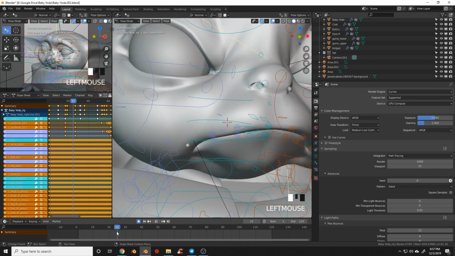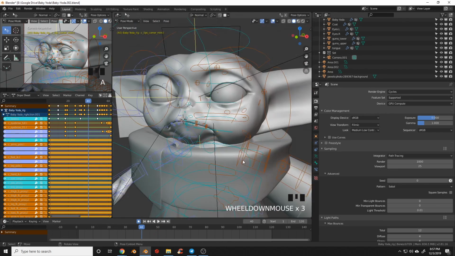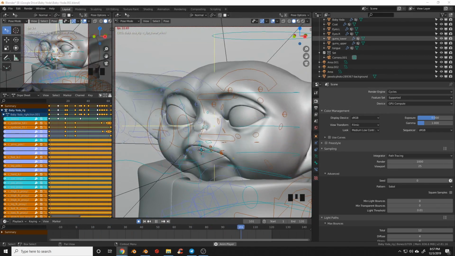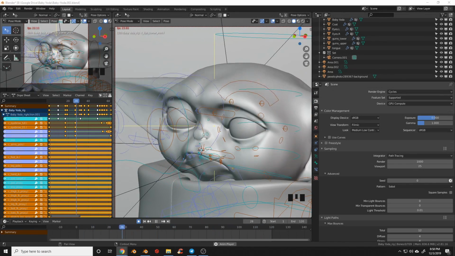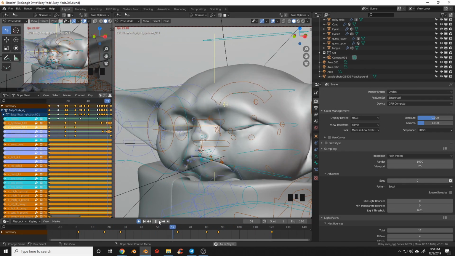Another great example is if you look at his head rotating. If you notice, he lifts his head to rotate back over to the left, which is something people do. And I'm just going to exaggerate that a bit more. So just go through, add the frames that you think look best.